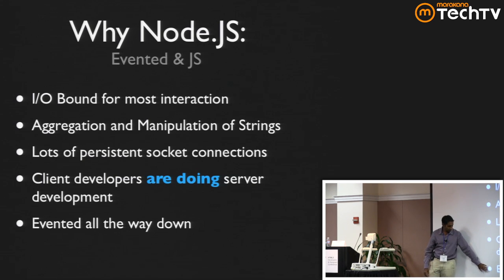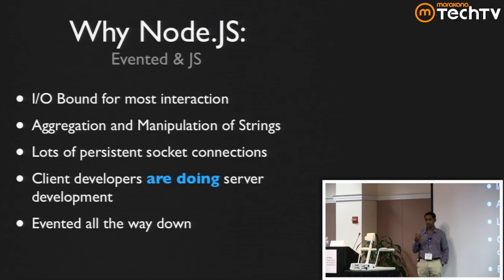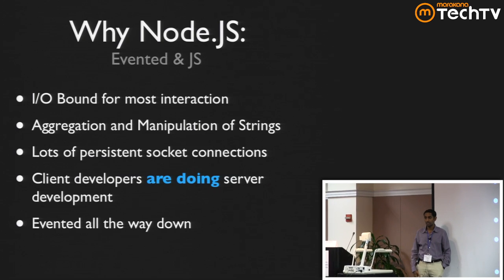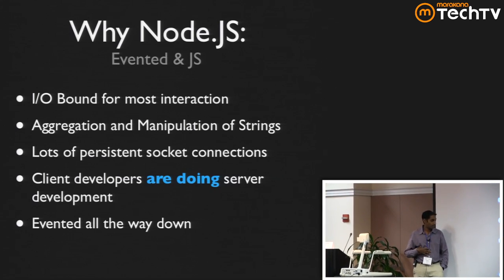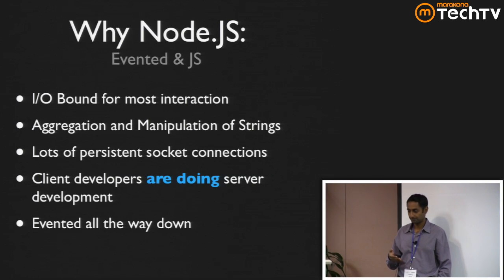The last big benefit is that it's evented all the way down. So what does that mean? There are evented frameworks in other languages. There's Event Machine in Ruby, Twisted in Python, and the Play framework in Java/Scala that's NIO based. Our biggest concern, and the reason we ended up going with Node.js for all of those, is that the